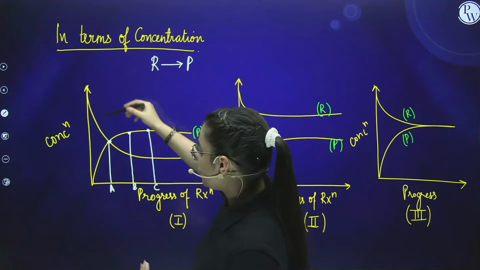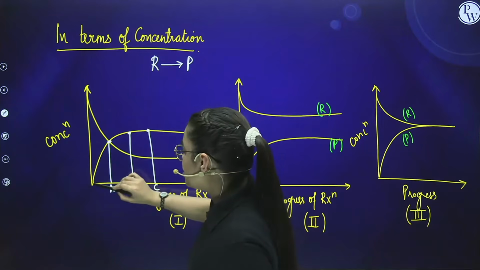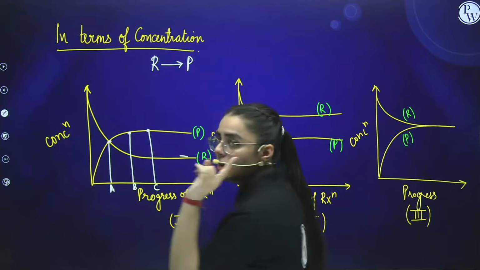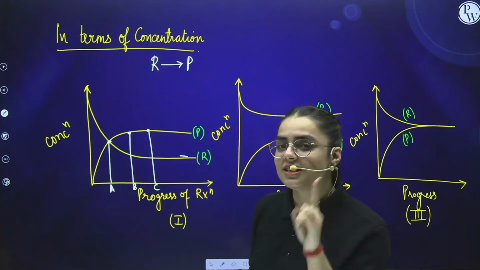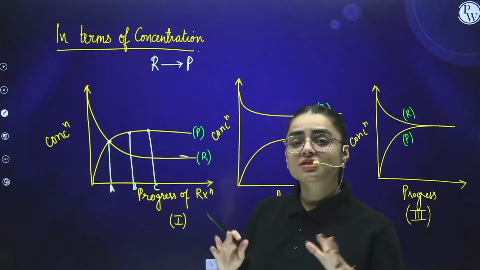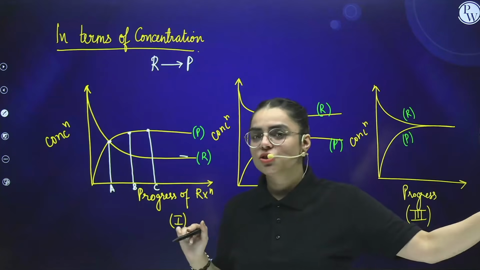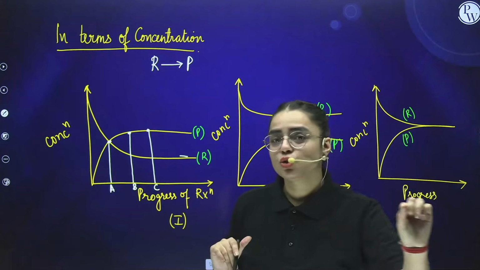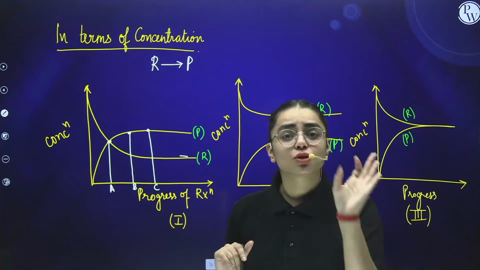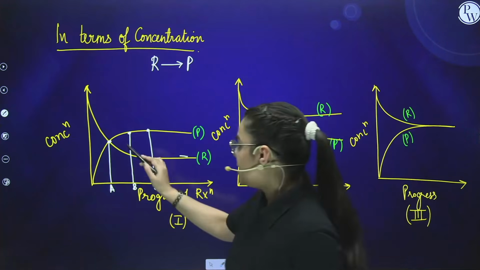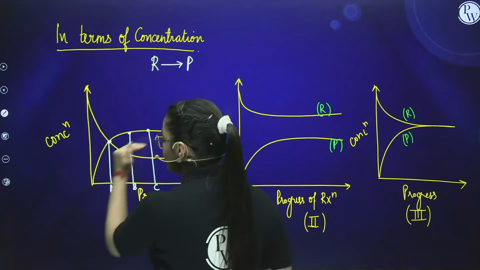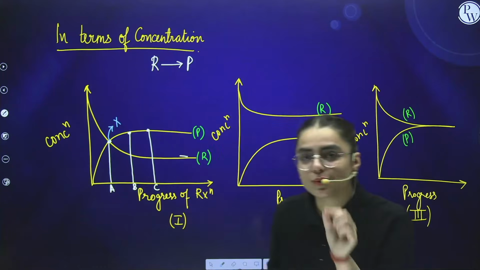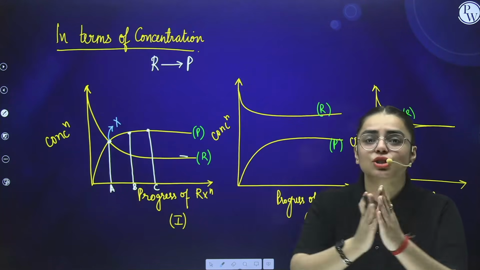See, if you are observing very carefully, the concentration of product keeps on increasing, and after A point also it is increasing. After A point also it is increasing. Is it constant? No. Constant is the situation where no more concentration is being increased. It is a fixed point or a still point after which there is no more increase or no more decrease. It is a constant situation. So if I see here, after A it is increasing, that means here equilibrium is not attained, because to attain equilibrium we at least need the concentration to be constant.